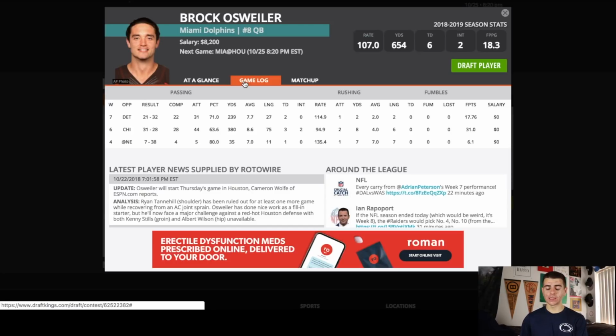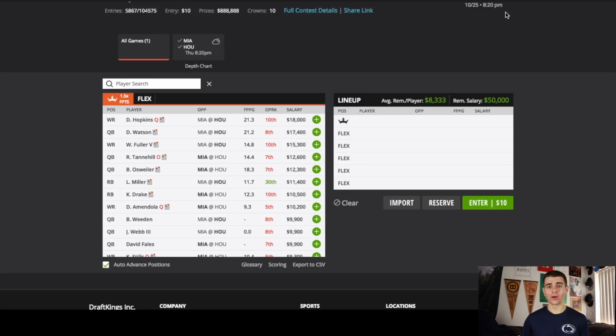Maybe not as great of a secondary, but a short week on the road for a guy who has only had 2 starts this year can be difficult, especially with the pass rush with J.J. Watt and Jadeveon Clowney. So not somebody I want to do in cash, not somebody I really want to play at all. I have a Monday to Thursday slate, a 2-game slate,